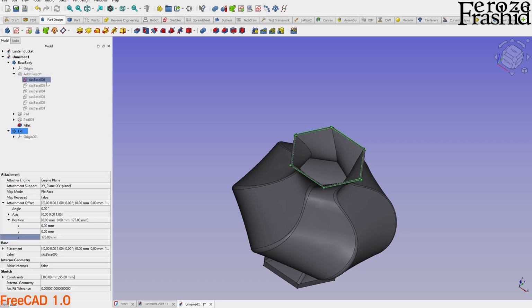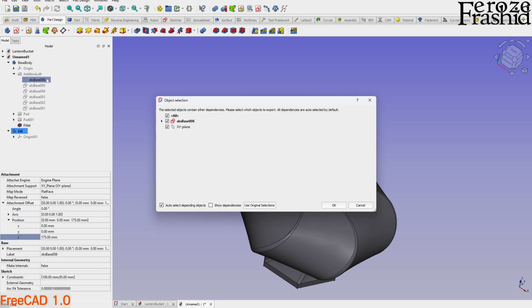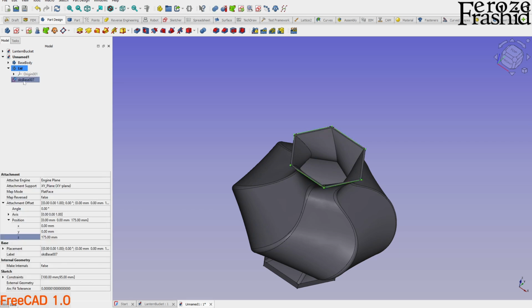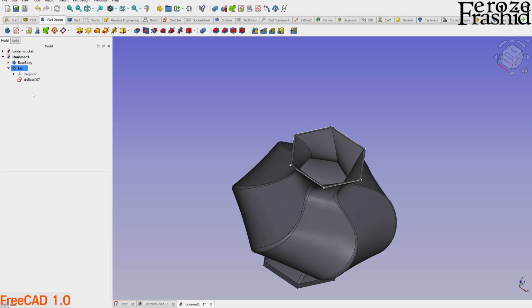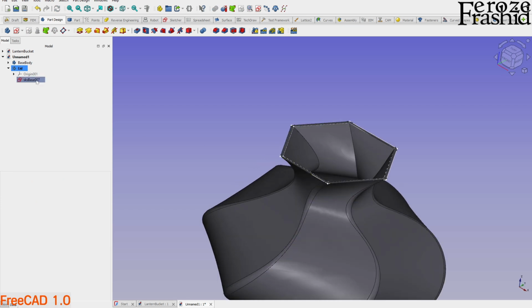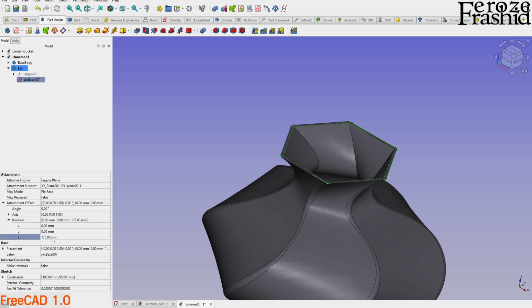Take this top sketch, copy that, and only copy this sketch because we already have the origin right there. So XY plane, we don't need that. And come to here, just because this lid is active, I can place it right in there, or maybe pull it in there. Cool. So now we have that sketch, and that sketch is sitting at 175 millimeter,